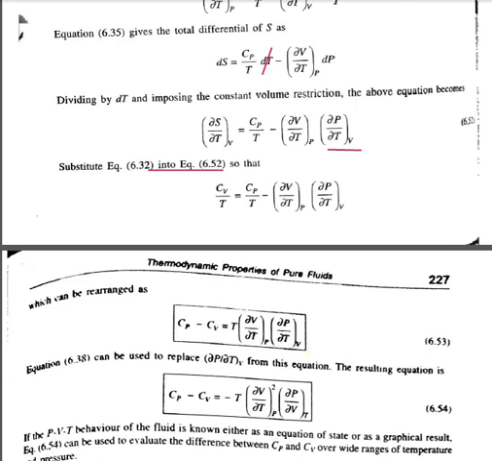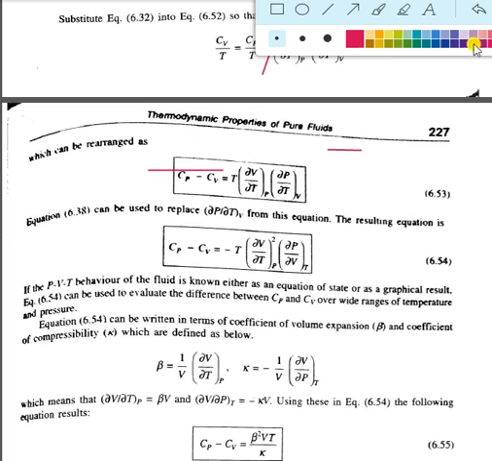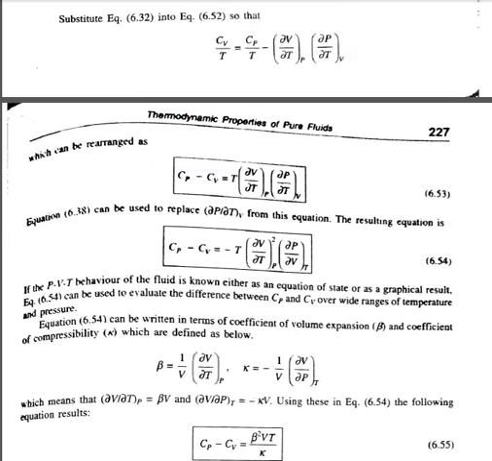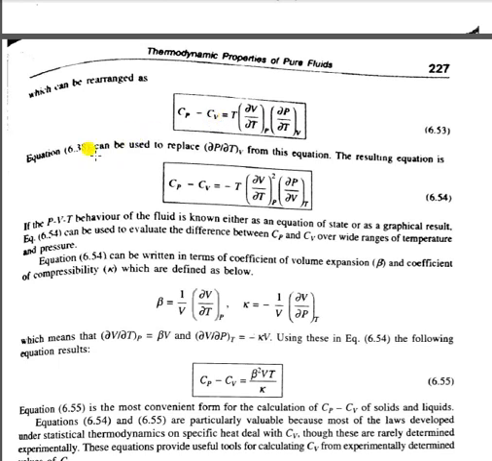as it is the other equations. So now the relation is getting like this. This equation can be used to replace del P by del T at constant V from these equations. इसके अंदर जो can be used replaced by del P by del T, એટલે કે આ જ equation છે એને replace અને rearrange કરીને લખવાનું છે. So the equation can be written as Cp minus Cv is equal to minus T del V square by del T at P del P by del